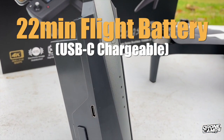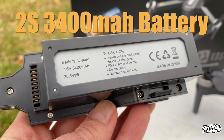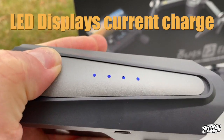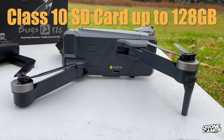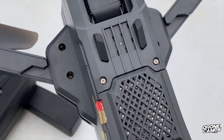And we have a 22-minute flight battery, which is USB-C chargeable in a little under 4 hours. It is a 2S 3400 milliamp battery, and I'm happy to say that it does have LEDs on here. If you press and hold, it'll show you the current charge in the battery, which is kind of cool. It also supports a class 10 SD card up to 128 gigabytes on this little guy,